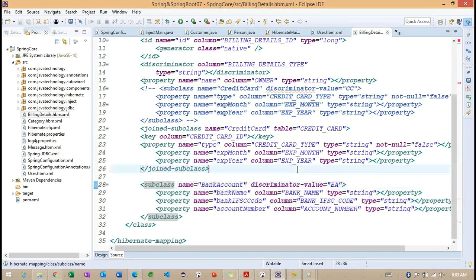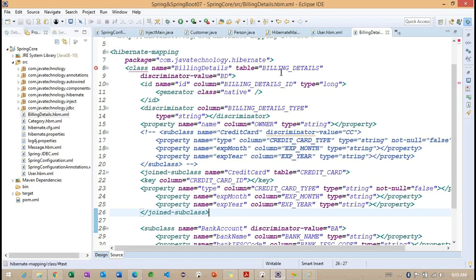So what we are doing here, again, the root. What are the root tables we are having? Billing details and joined subclass. The joined subclass is going to map the subclass to a new table here. With the reference of this particular subclass information, a new table is going to be created, in our example, credit card.